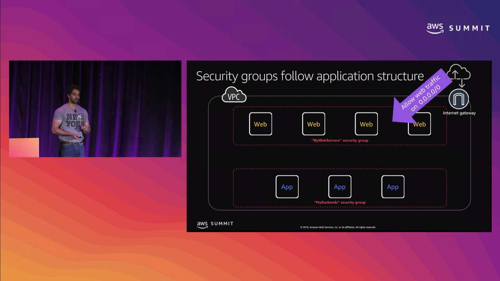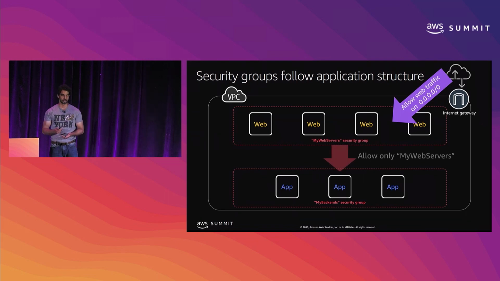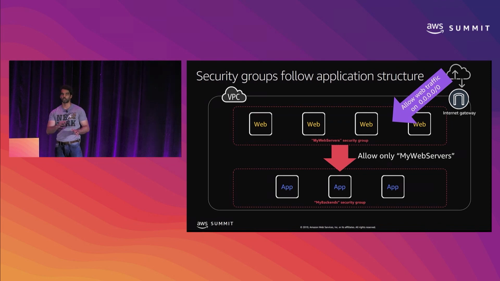We write a rule on the web server security group saying, allow all traffic from the internet on port 80. Right? Very standard HTTP traffic rule. And on the application side, we'll write a rule saying, allow all traffic, but we don't specify an IP here. We specify a security group and say, allow all traffic coming from my web servers. This is unique to AWS because this is called security group referencing, where you can allow traffic from another security